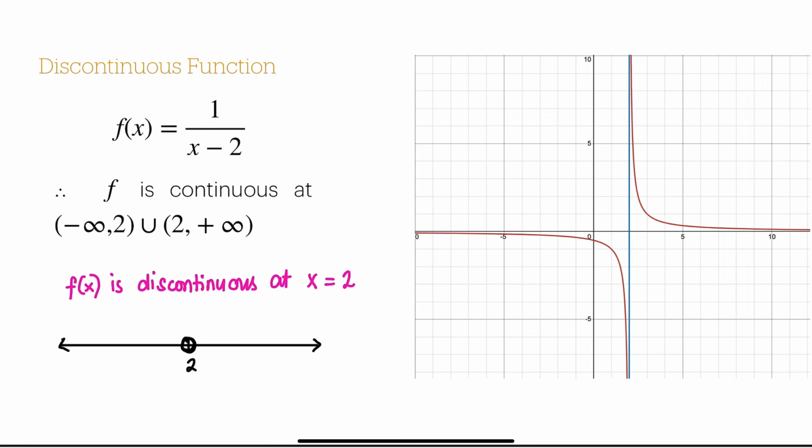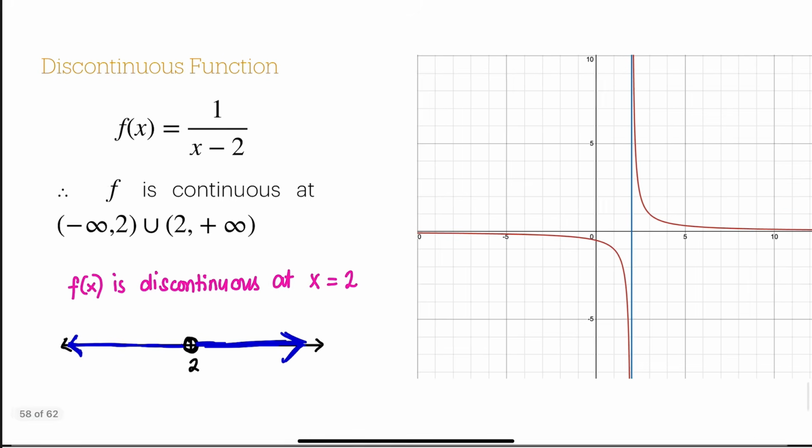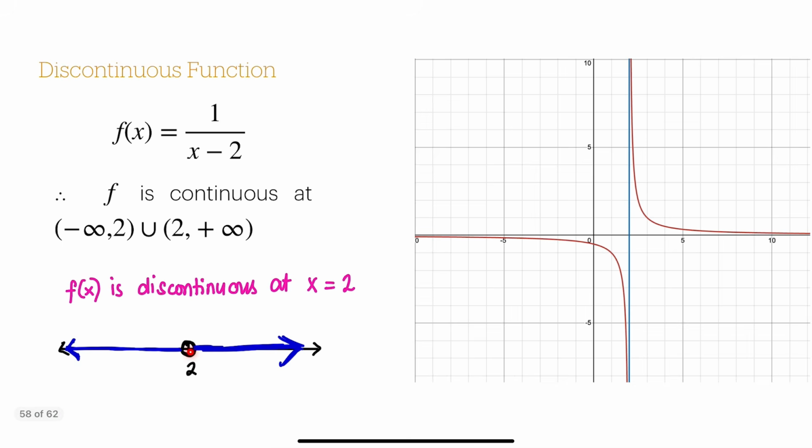So meaning all values of x that are greater than 2 going to the right, and all the values of x that are less than 2 going to the left. So if 2 is not included, open interval, then we are going to use the parenthesis. So all values of x that are greater than 2, and all values of x that are less than 2. So only excluding